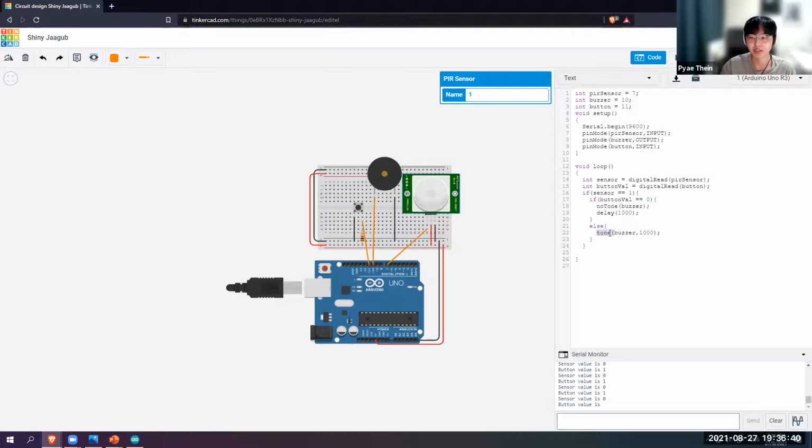And then here, if it's not pressed, we will want it to run. So this is what the code is for, tone. This is how you would make the buzzer run. Here at tone, the 1000 is basically the frequency at which the buzzer is going to ring. So if you start here,